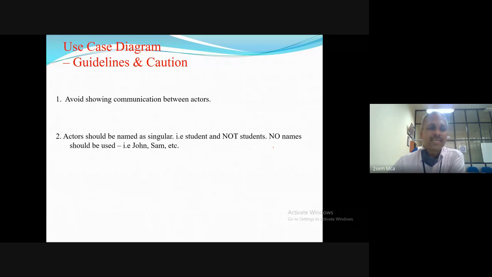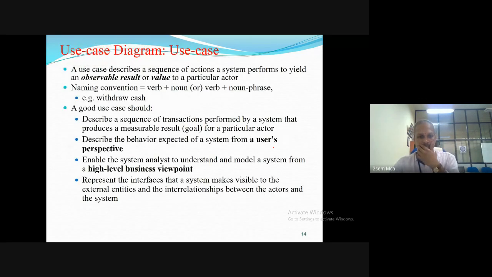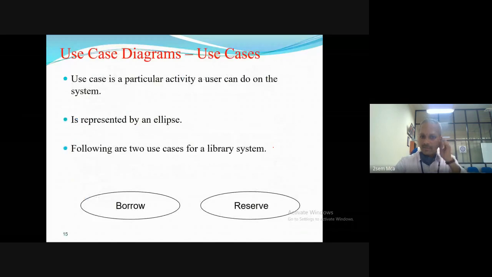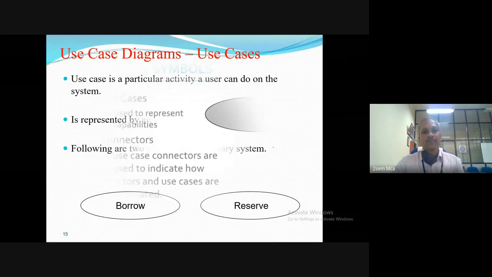Better to have it so, because each actor will have a different establishment of association with each system, right? Yes. These are all very high level. Let us not worry. Now let us come back to our example of